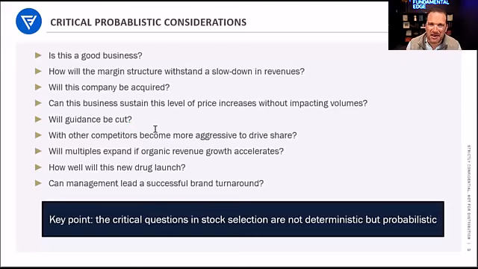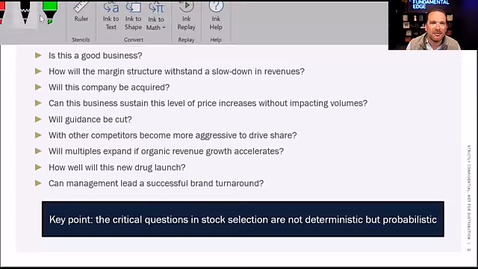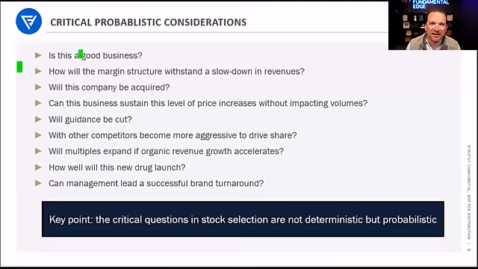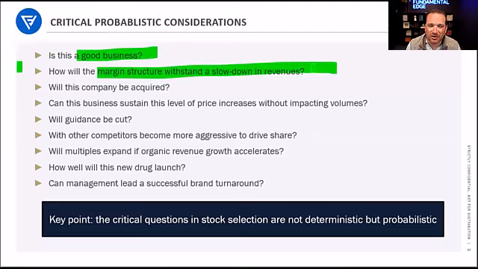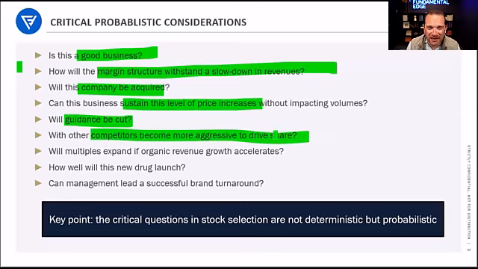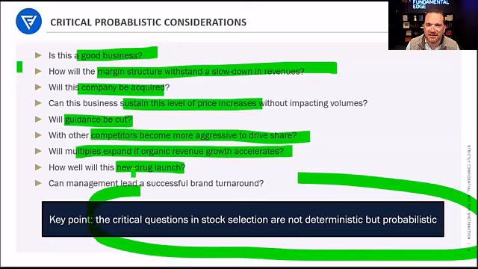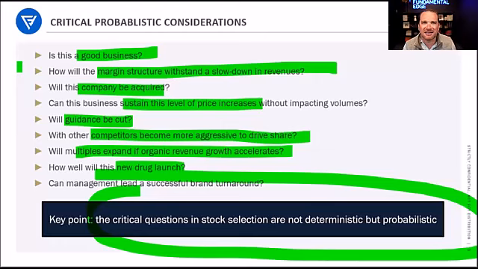Ultimately, stock pickers and fundamental investors have to make these probabilistic assertions on business quality, how margin structure will be impacted by a slowdown in revenues, whether a company will be acquired, whether you can sustain this level of price increases, will guidance be cut, what's happening competitively, what will happen to multiples if organic revenue growth accelerates, how a new drug launch will go. So these critical questions in stock selection are probabilistic, not deterministic. The easy level one use cases will certainly be figured out. But to me, the real alpha opportunity from deploying AI is in being an intellectual partner in these critical